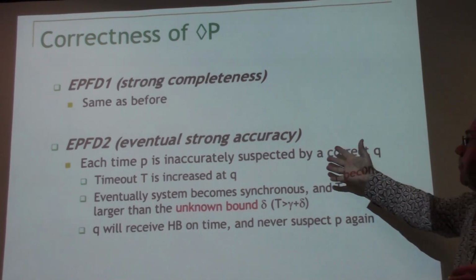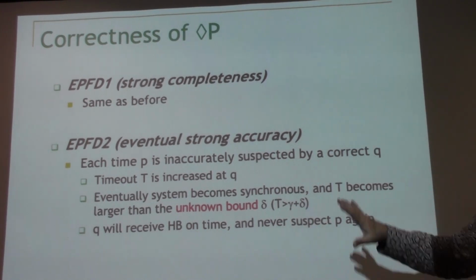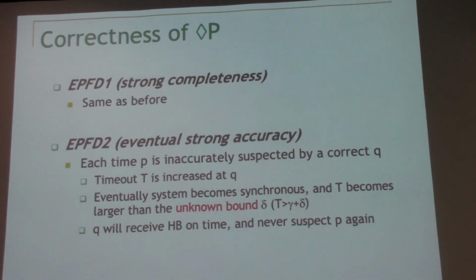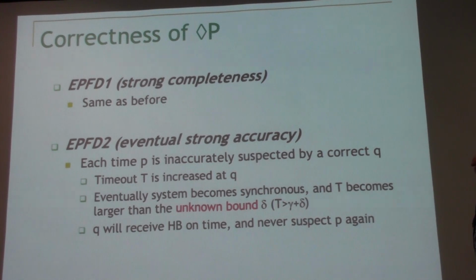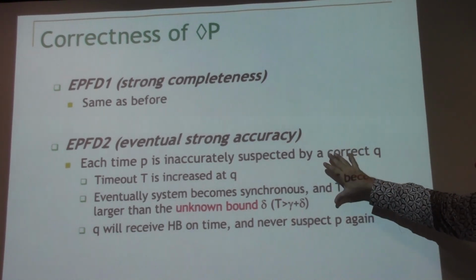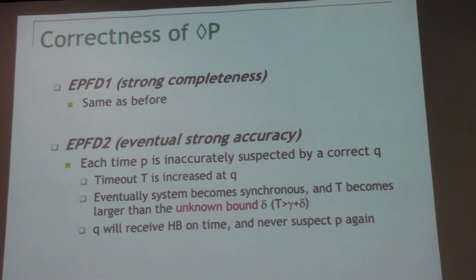So we actually made a simple algorithm using partial synchrony. Of course, it's not always going to be so simple, but in the rest of the course, we're always going to use eventually P. It's going to be like a primitive, and so we'll never actually have to implement it anymore. And actually, you can make it smarter. You can look at a real system and reduce the mistakes. Of course, you can never really get rid of them. That would be like magic.